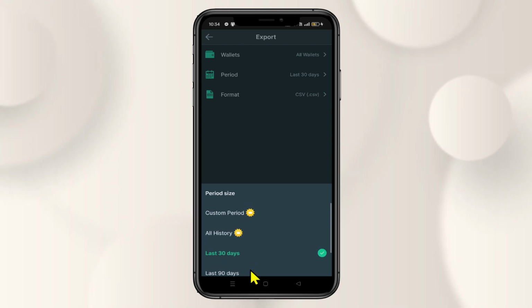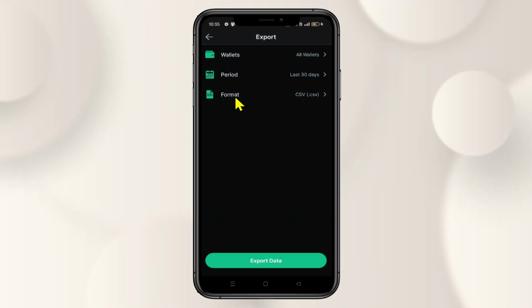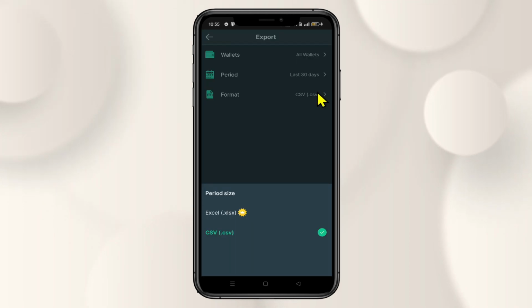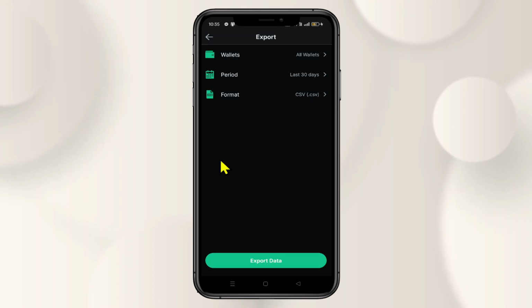If you have a premium subscription, you can also export all of your history and also choose a custom time period. After choosing your time period, you can choose the format that you wish to export in. By default, the CSV format will be selected, but if you have a premium subscription, you can also choose the Excel file format. After choosing your desired preference, you can click on the Export Data option, and now you will